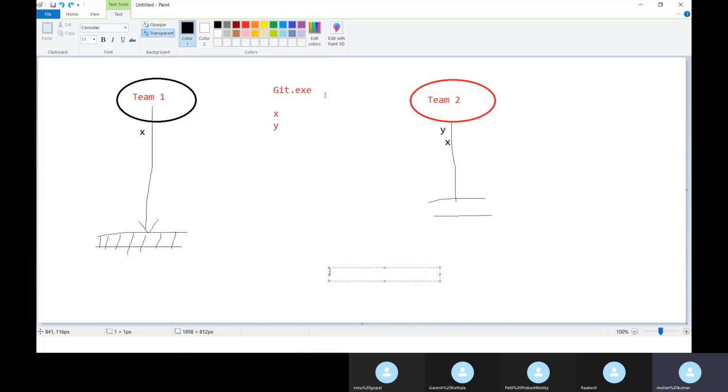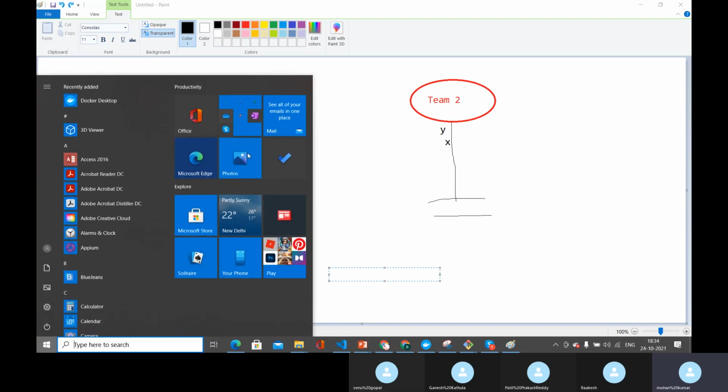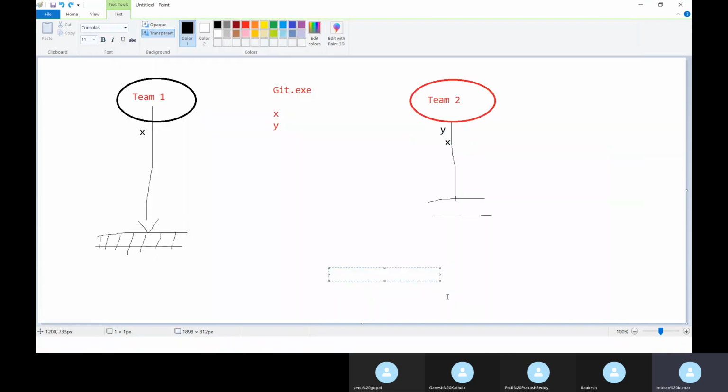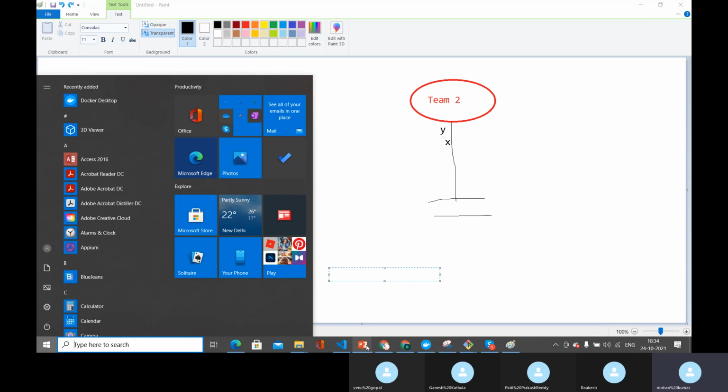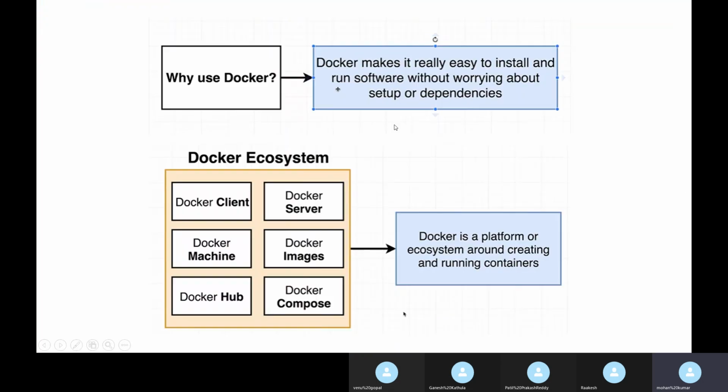So to eliminate any kind of human intervention in these installations, Docker came up with a solution, and let's talk about that solution later. So for now, the only thing that you have to understand about Docker is a solution for installing the softwares without relying on whatever the dependencies or setups can be. Docker will take care of them and it will successfully install the things onto your machine. So that is what you have to understand when you say why to use Docker.